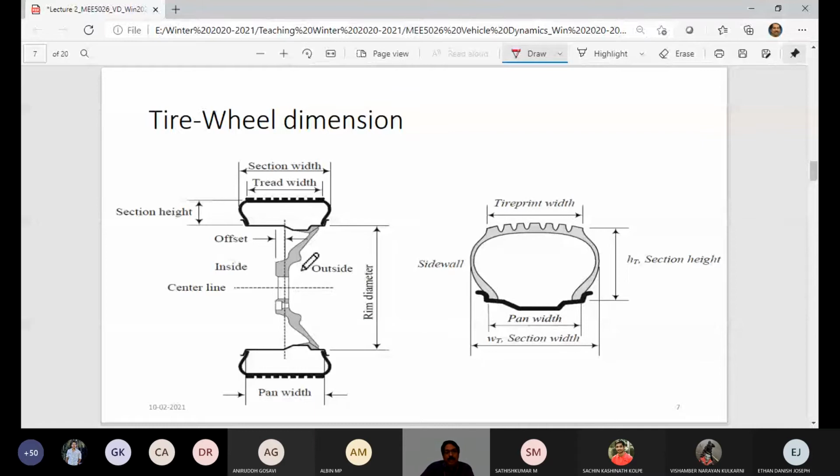And then this is the rim section, and you see similarly it is there here. And whatever this bead to bead width, if you look at that, it's called pan width. That's in the rim, correct? Bead one end to the other end. Your tire under loading, this would come out. So your section width is from sidewall to sidewall. So you should know what is pan width and what is section width.